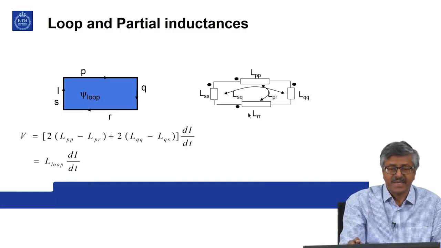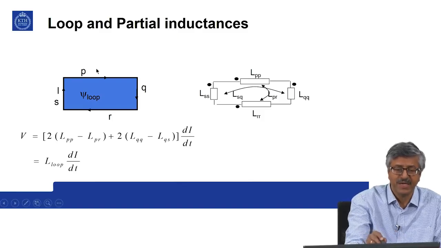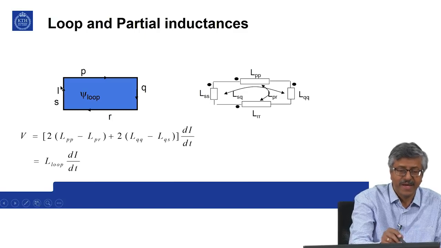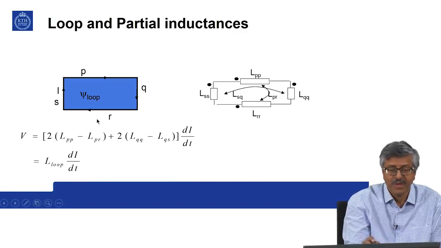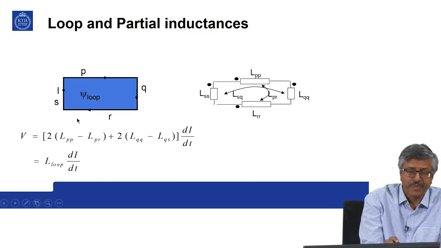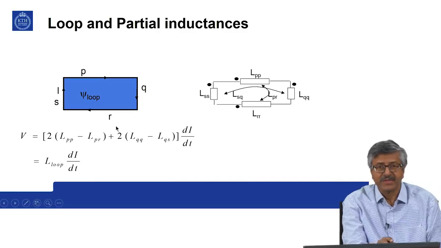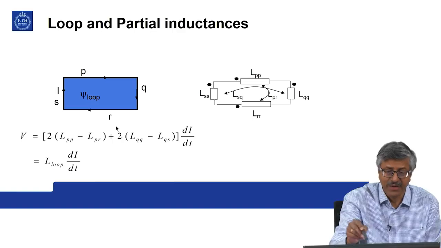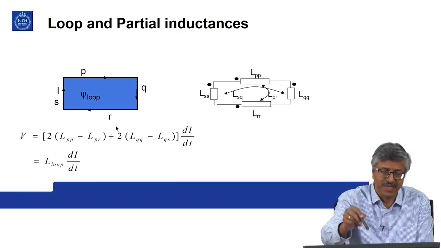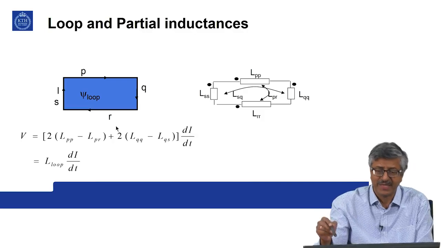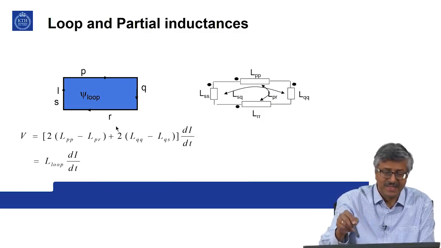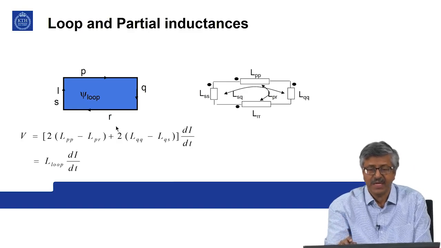So, loop and partial inductances. These concepts are not very common, but sometimes they are used. Say for example, if you have a loop like this with sides P, Q, R, S carrying some current, we call it a loop inductance. You take the circulating current and the magnetic flux confined by this loop. The ratio is defined as the inductance, but sometimes the loop can be of irregular shapes, in zigzag fashion. So, it is very difficult to calculate exact area and exact currents, ratio of area to current. So, in that case,